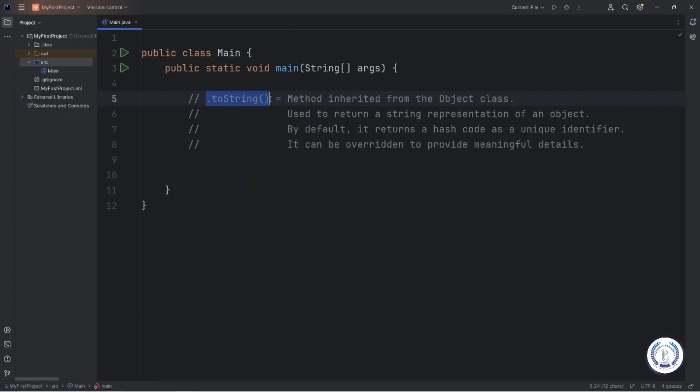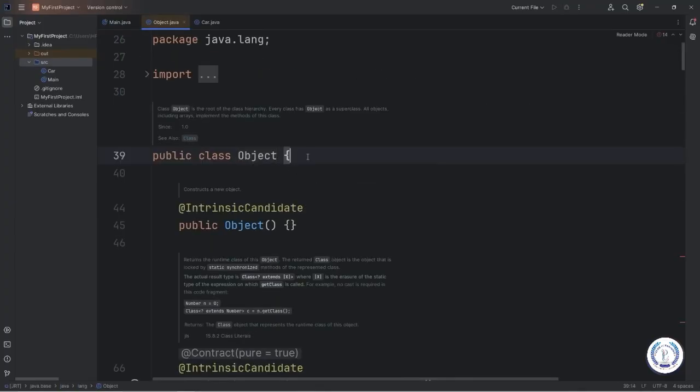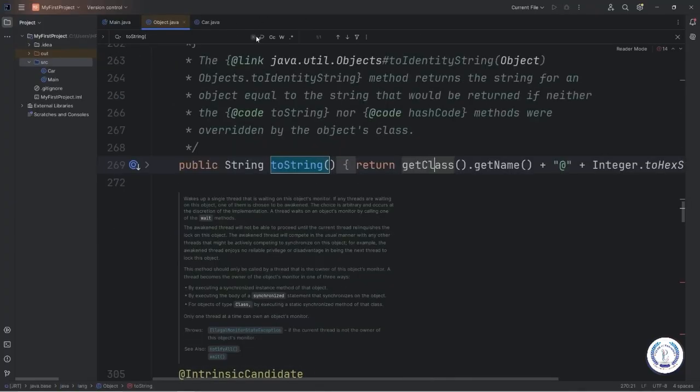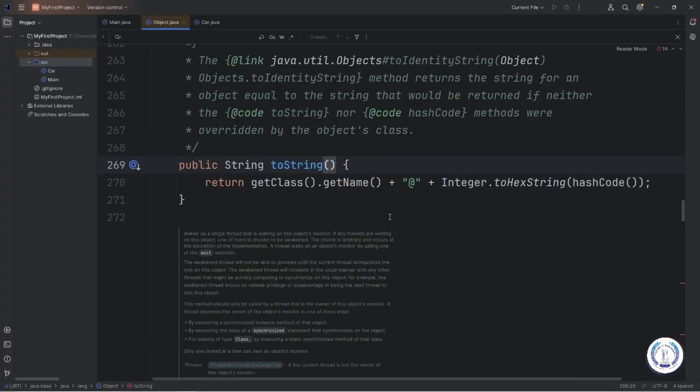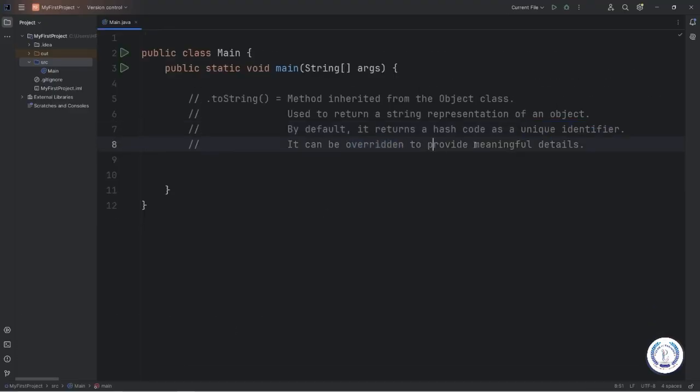Hello everybody, today I'm going to explain the toString method using Java. The toString method is inherited from the Object class. Whenever you create an object, behind the scenes, the Object class is a superclass. The toString method is used to return a string representation of an object if you were to output it directly using System.out.println. The default behavior of the toString method is that it returns a hash code as a unique identifier for that object, but it can be overridden to provide meaningful details,